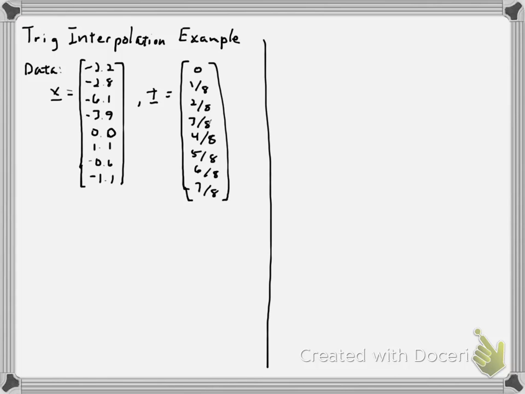And if we take the discrete Fourier transform of x, which of course MATLAB can do rather quickly using a function called FFT, we get that y is equal to,